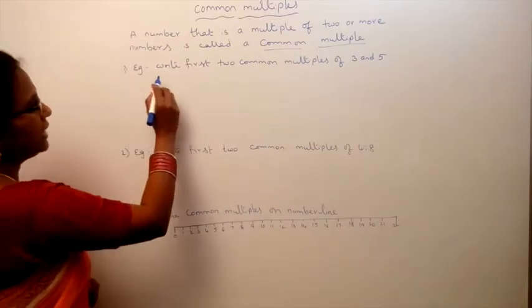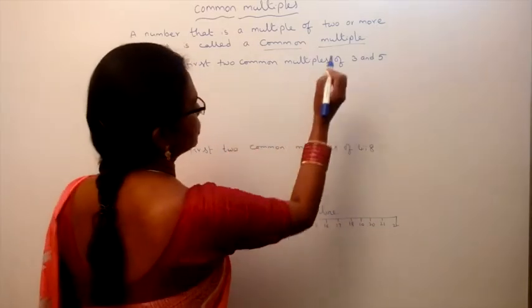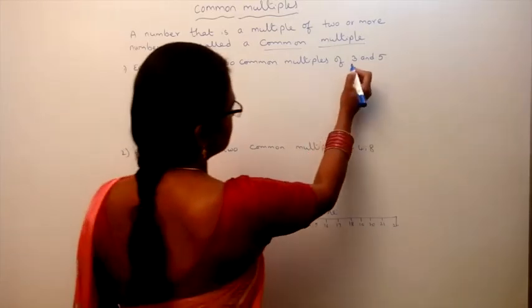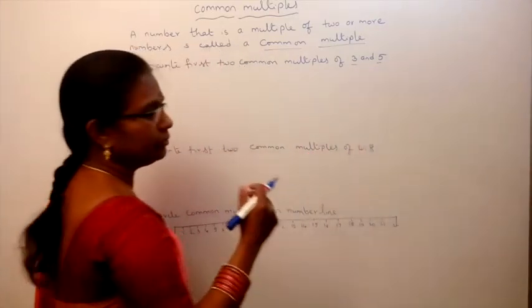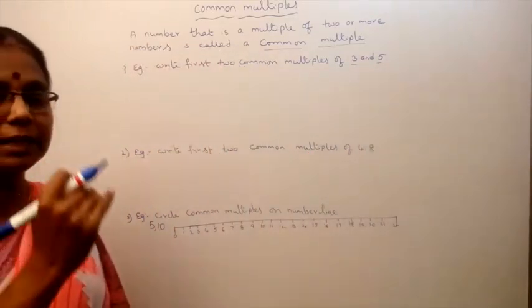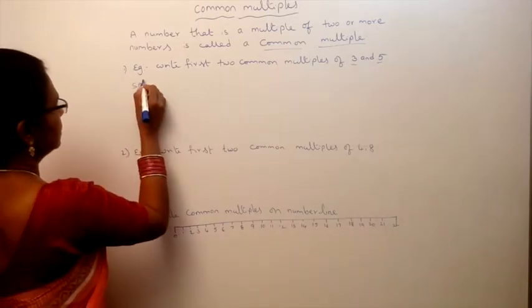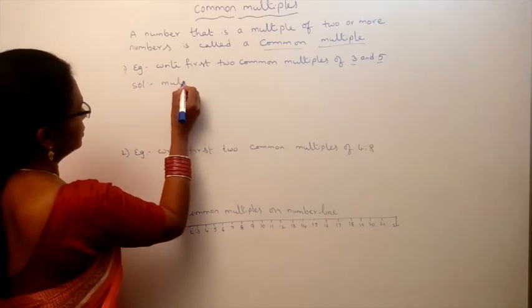Now, write first two common multiples of 3 and 5. First we have to write 3 multiples, then 5 multiples, then we have to take common. In both the numbers, which multiple is common? Now first what we have to write? Multiples of